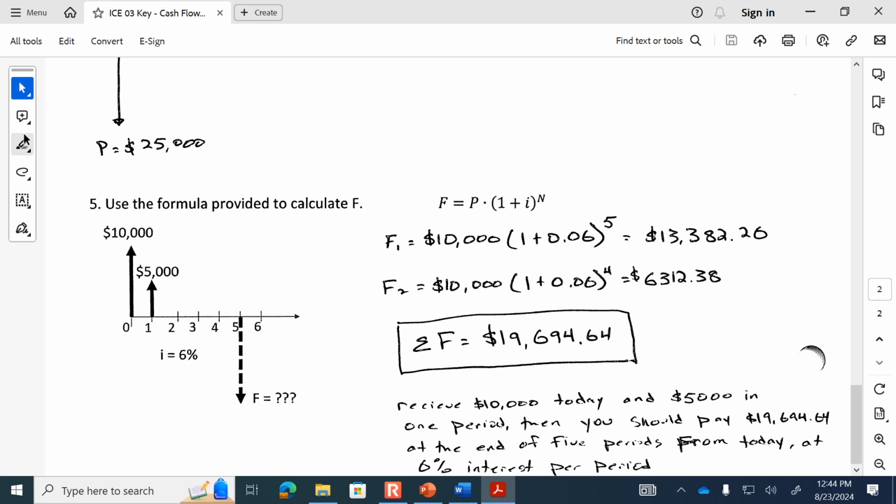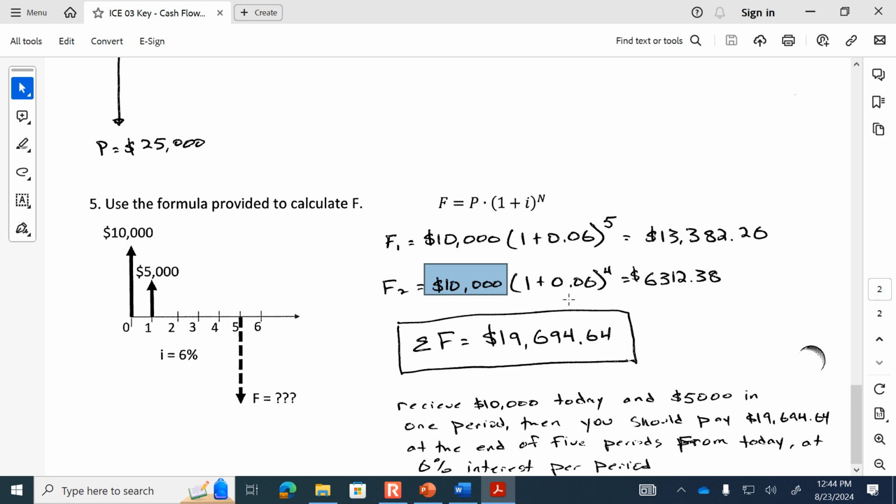So we do it in two steps. We find out what is the future value of the 10,000, where n is 5. And then we find out what is the future equivalent of, that's a typo. That should say 5,000 right there, shouldn't it? Yeah. I think the amount is correct, but instead of writing 10,000, I should have written 5,000 there. So you received 10,000 today, 5,000 in year 1. The sum of the future values,